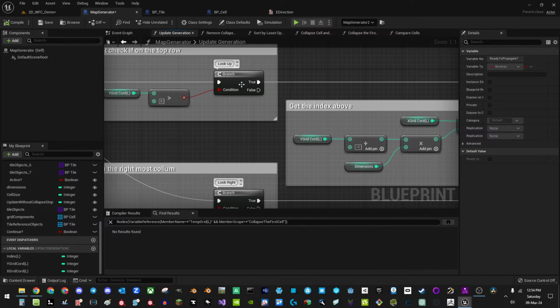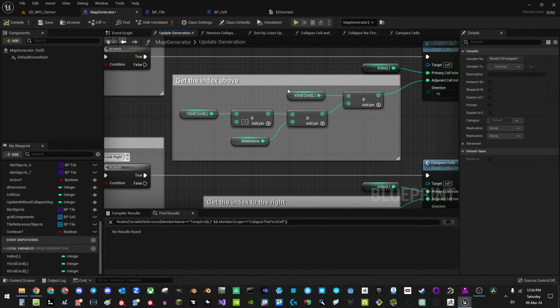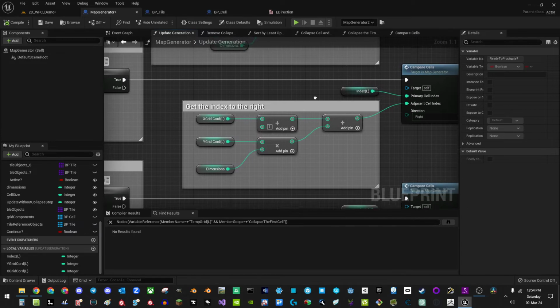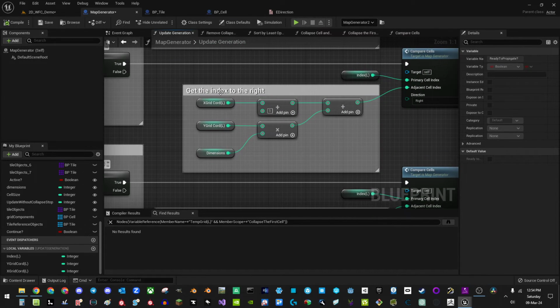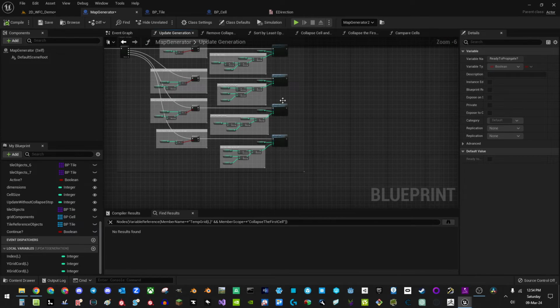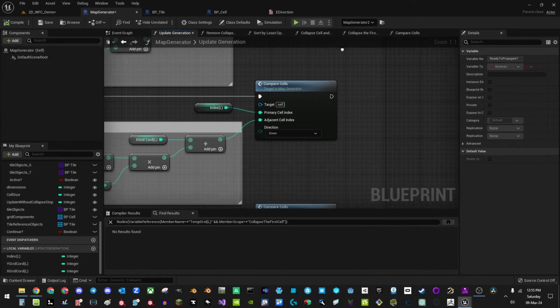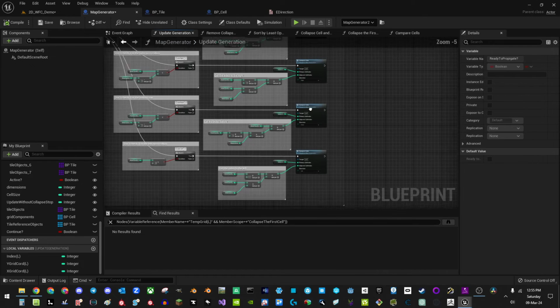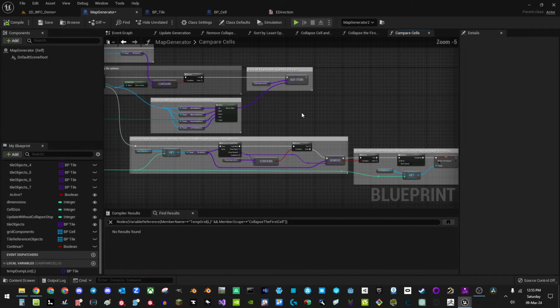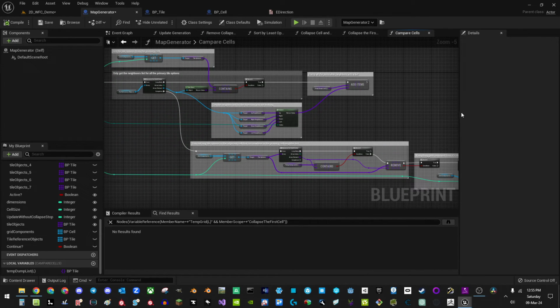However, if you're not at the top, grab the index of the grid that's above the tile. And that is going to be true for all of these. The equation is slightly different for each of them, but it's grab the index to the right, grab the index below, grab the index to the left. This is where the enum comes in, by the way, with compare cell, is we can check this. Okay, for up, right, down, left, compare cells. And this is kind of the last part. All we need here